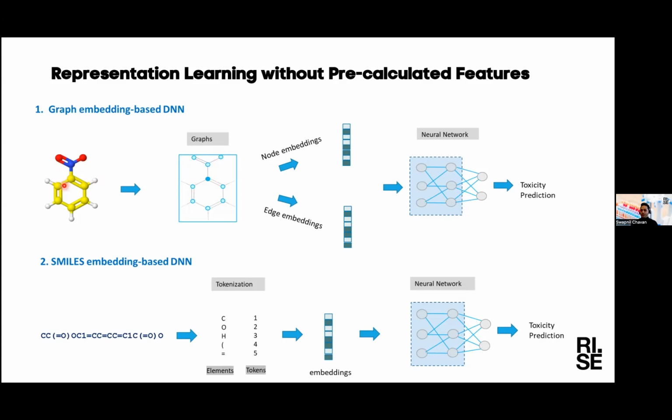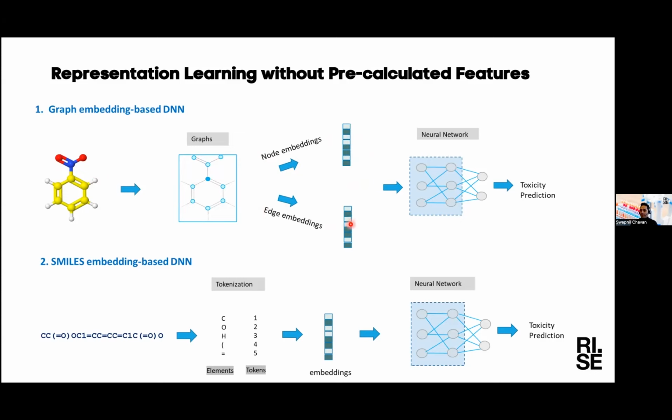And once this molecular structure is transformed to a graph, then they convert it to some kind of one-hot encoding, which means it's a yes and no table. If there is a nitrogen present at position 1, if it's yes, it's given a number 1. If it's no, then it's given a number 0. So that's where we get the one-hot encoding as 1s and 0s. The same applies to the edge embedding.